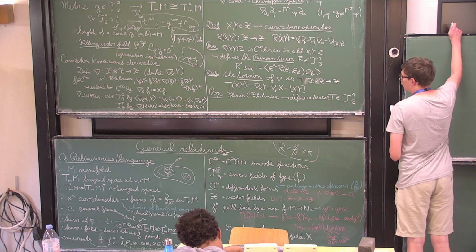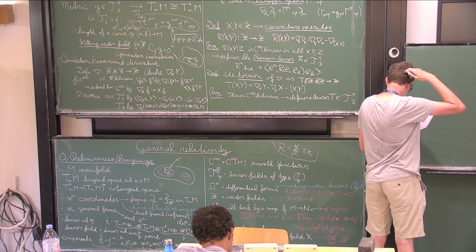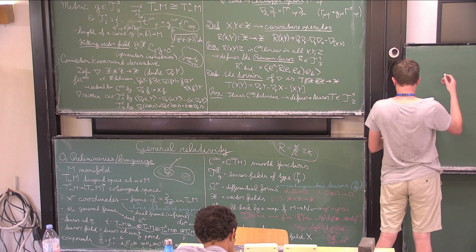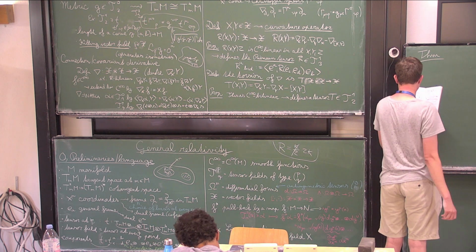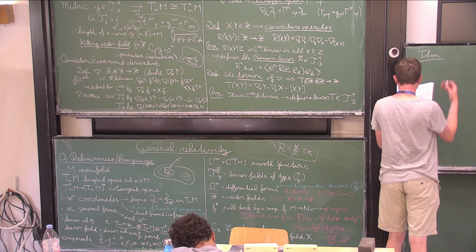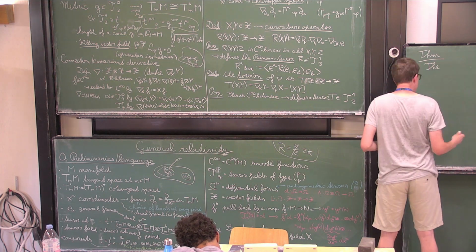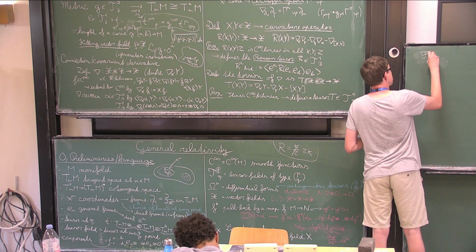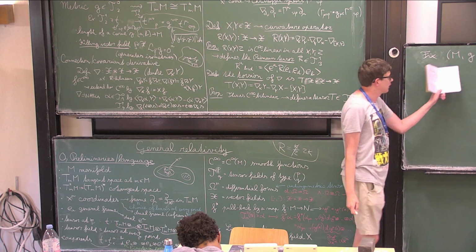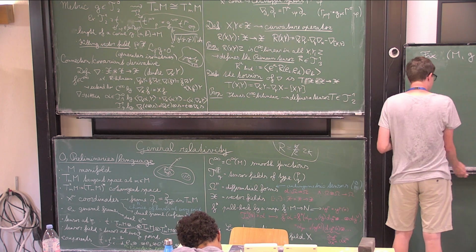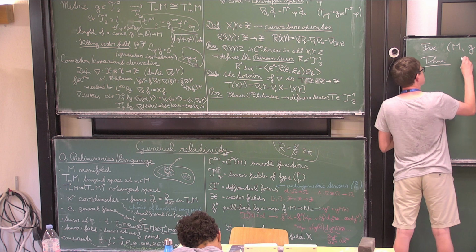Okay, just to finish, there are a couple more things that I should recall. As we saw during Olga's mini course, there is this fundamental theorem of pseudo-Riemannian geometry. Let's fix a Riemannian or pseudo-Riemannian manifold M with metric g. Pseudo-Riemannian just means that the metric is not necessarily positive definite. The theorem says that there exists a unique